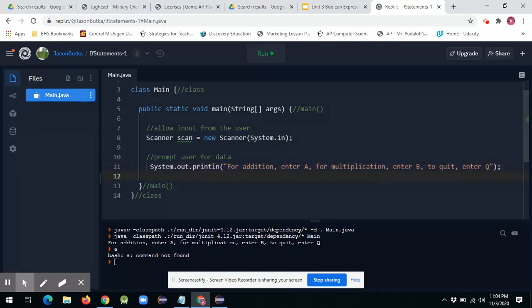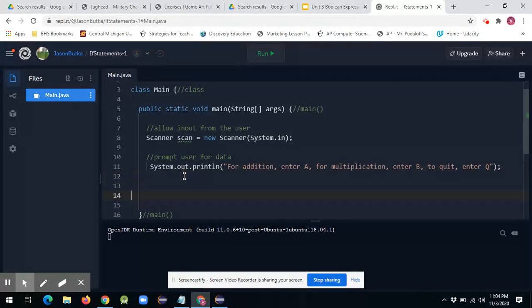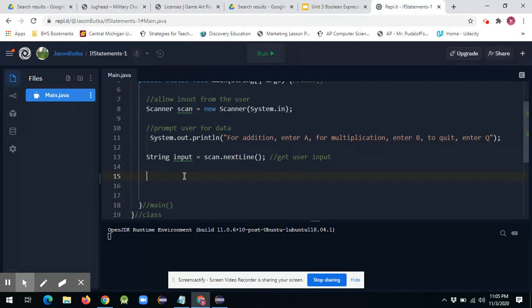So let's go ahead, and I'm going to add an if statement. Well, actually, first I should probably get some input from the user. So let's create a string object. Let's name it inputs, and let's assign it whatever the person scans in for the next line. So this will get the user input. And then let's create an if statement that evaluates that input. So if inputs dot